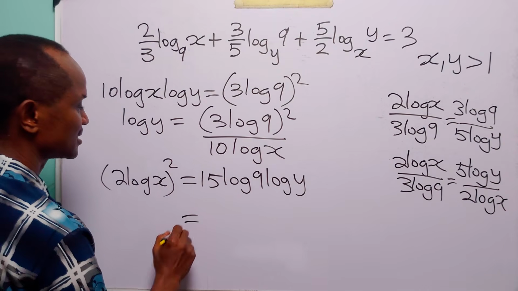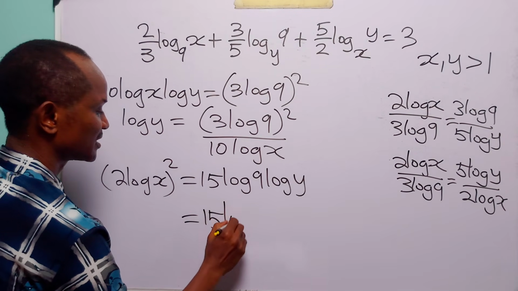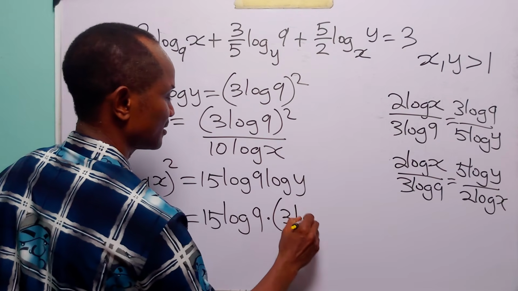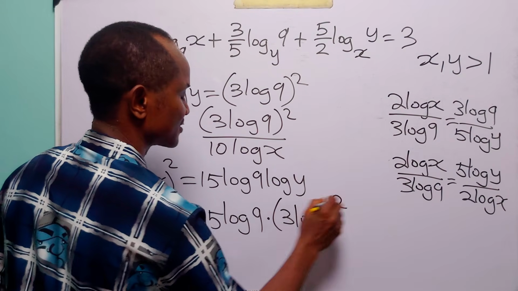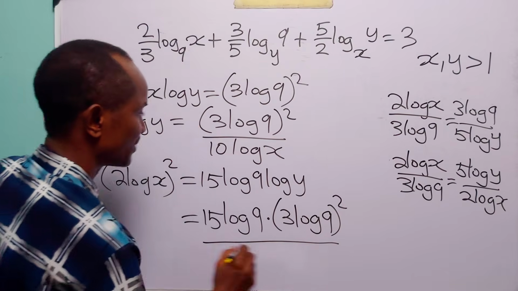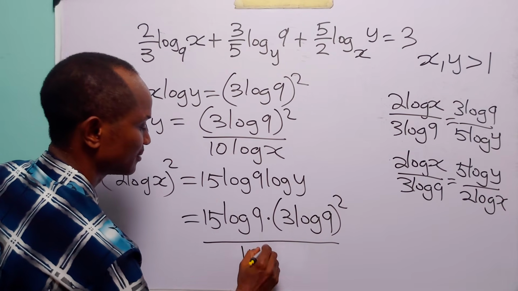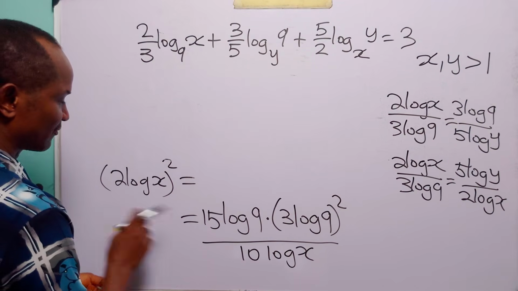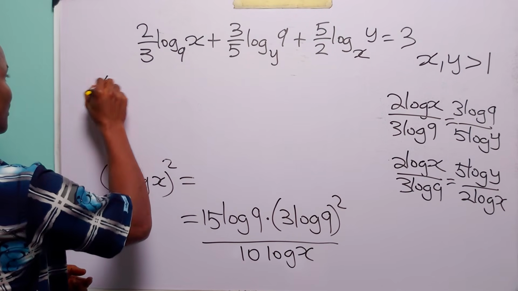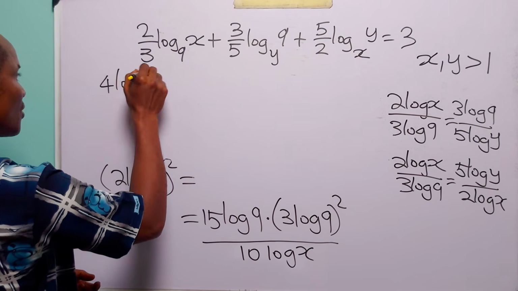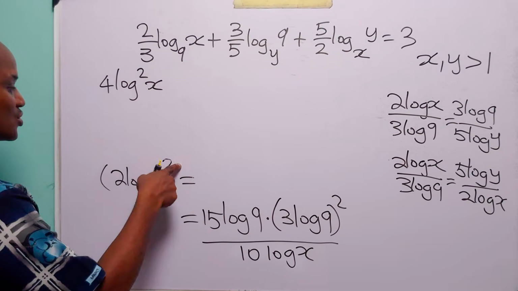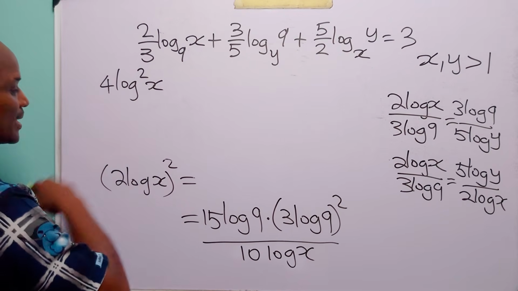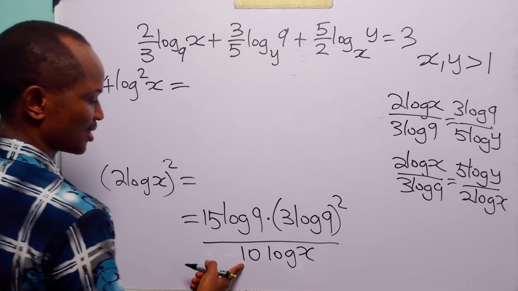So we have that this is equal to 15 log 9 times 3 log 9 squared divided by 10 log x. And from here we have that 4 log squared x, 2 squared is equal to 4, and log x squared is log squared x, is equal to